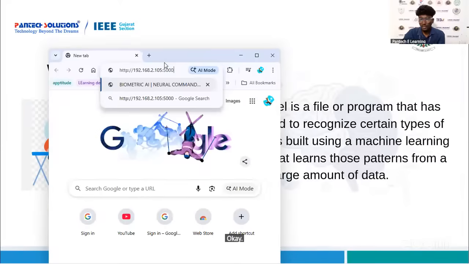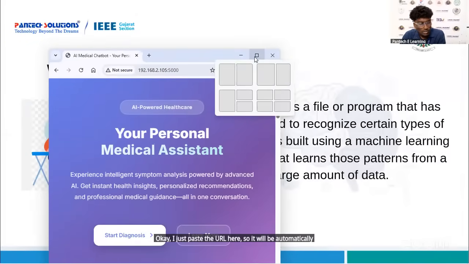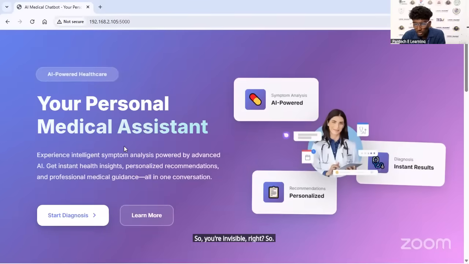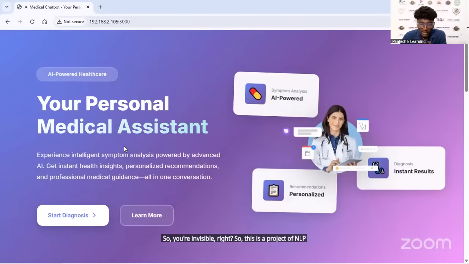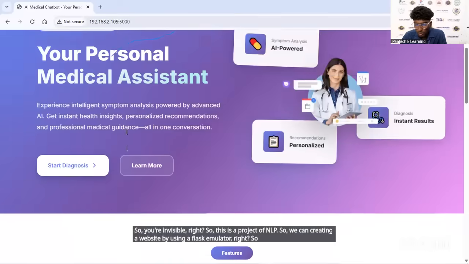I'll paste the URL here and it will automatically load the project. Everyone can see it, right? This is an NLP project. We can create a website by using Flask, as I already told you.